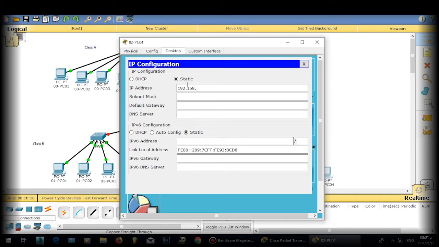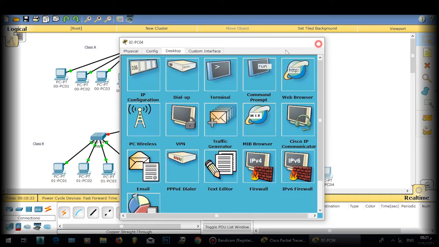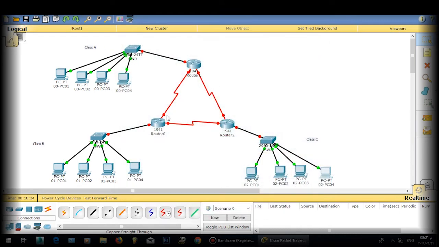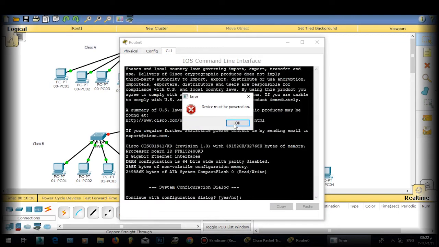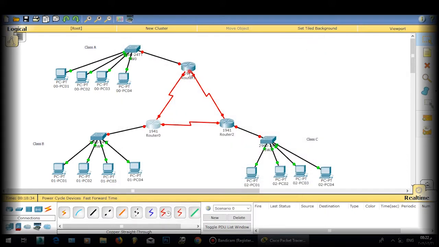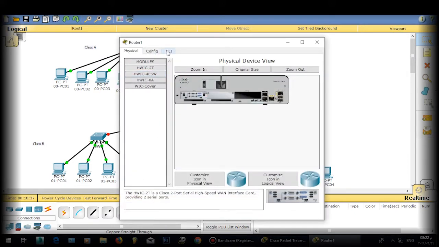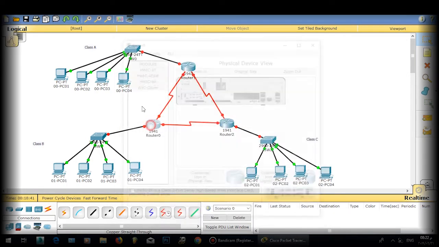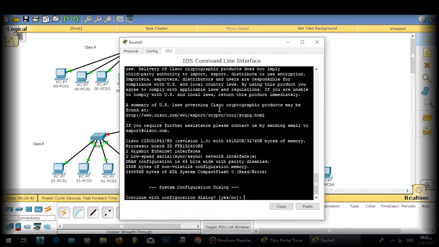Area, and 4. Yes, that is it for the switches. Now let's see the routers. The routers is... we didn't turn it on. Turn it on, yes, and we will